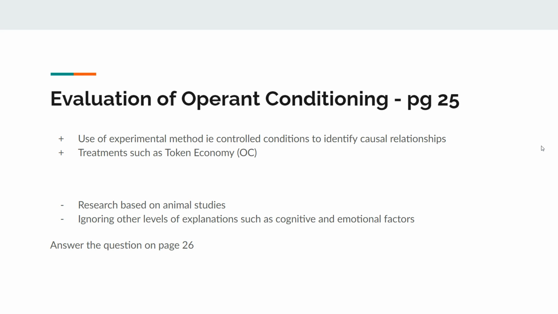Weaknesses of operant conditioning. Research is based on animal studies. So as you know, we've talked about Thorndike and his cats. We've talked about Skinner and his rats. Skinner also works with pigeons, an array of different animals. So the problem here is,